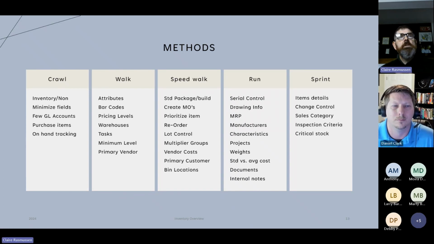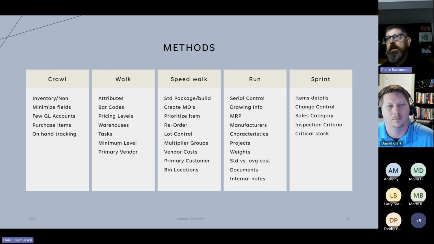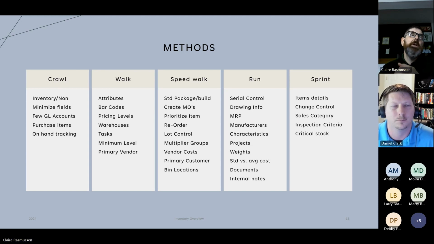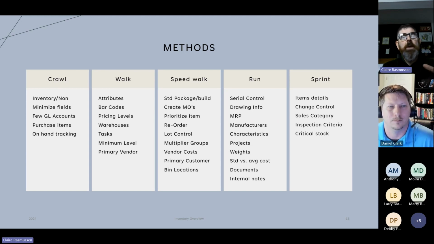When you're using the system, we usually encourage people to crawl, walk, run. I added a couple more categories today just to be obnoxious. I added speed, walk, and sprint. Okay. But your best utilization of the system is to start as simple as possible, to set up inventory, minimize